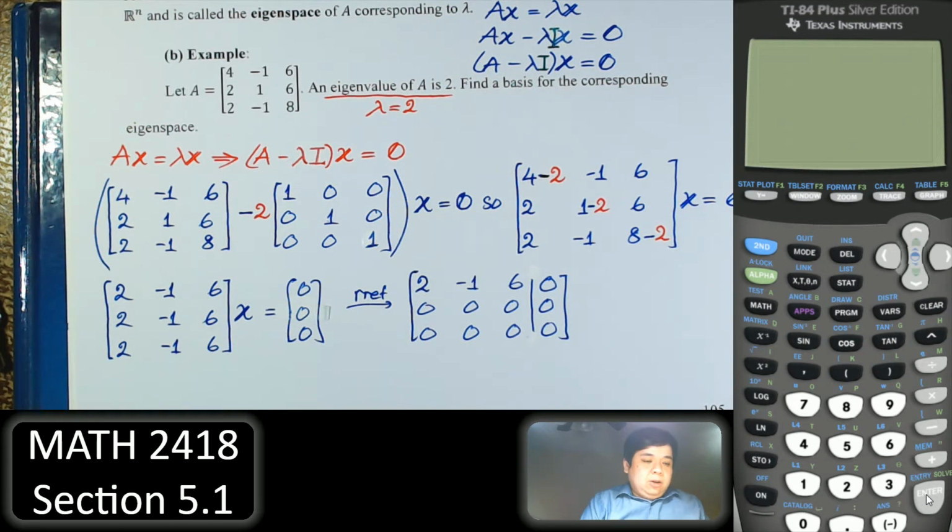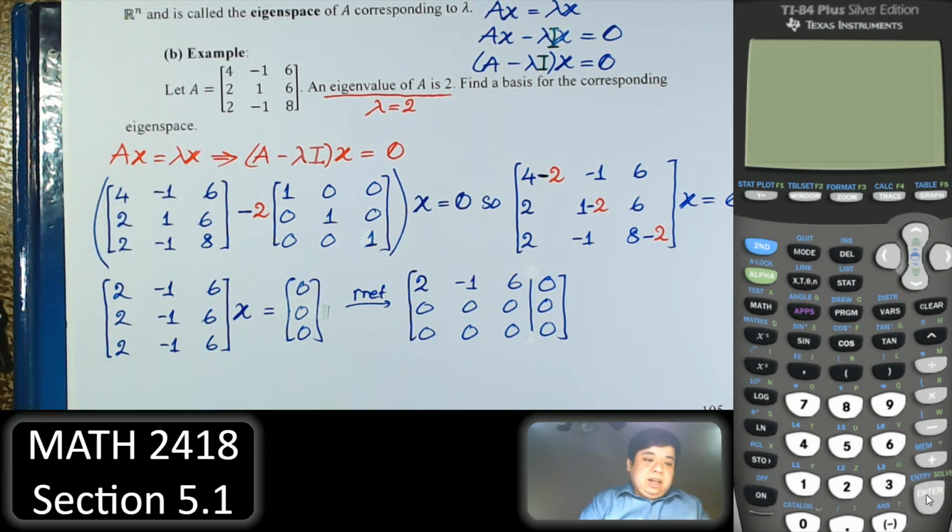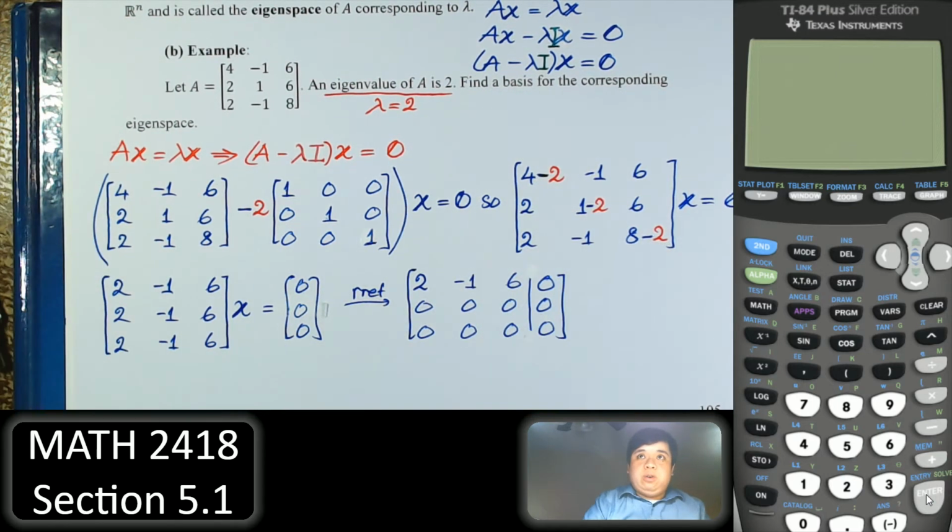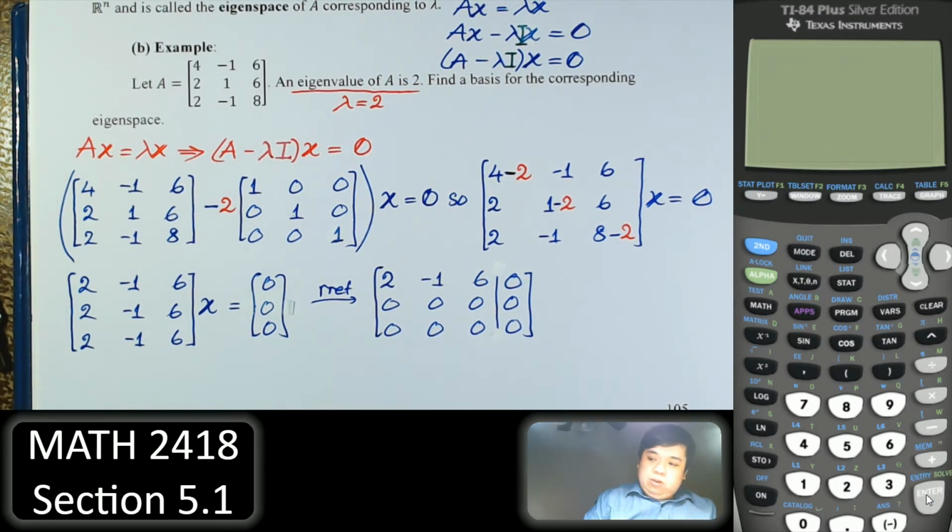So A minus lambda I is just A with lambda subtracted on the diagonal. And after this we can easily say